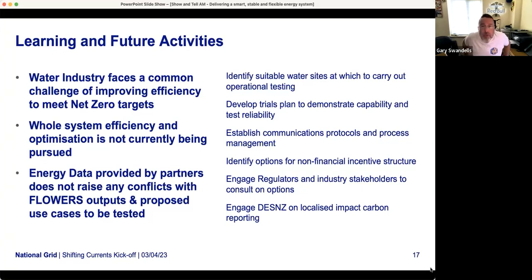So in terms of moving forward, going from discovery to alpha, realistically, within discovery we've confirmed that the practical approach is the same, but as yet we've only really done this at a desktop level. So if we're moving into the alpha phase, what we're looking to do is identify the best sites across the partners that we're working with, and from within that carry out some full operational trials on each of the different site types, be it wastewater, freshwater, or drinking water, I should say, and actually establish whether the desktop analysis and the assumptions made therein can actually be achieved in proper